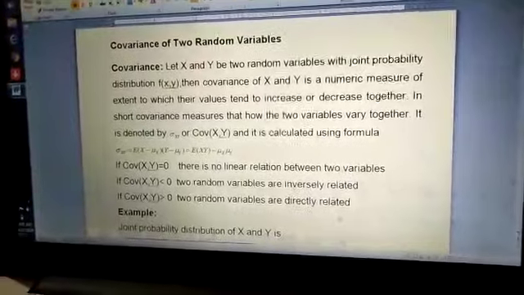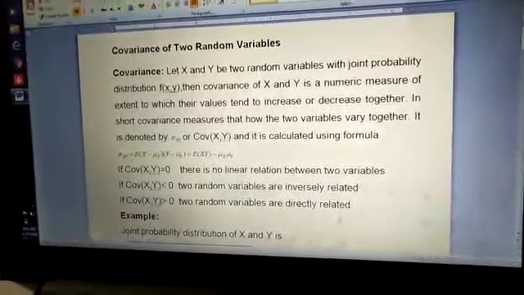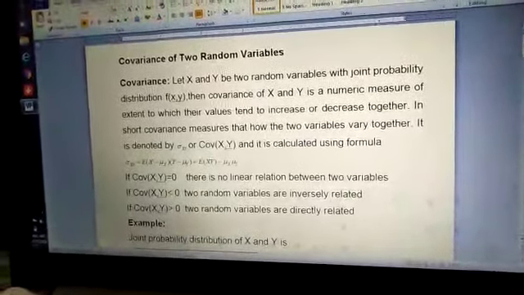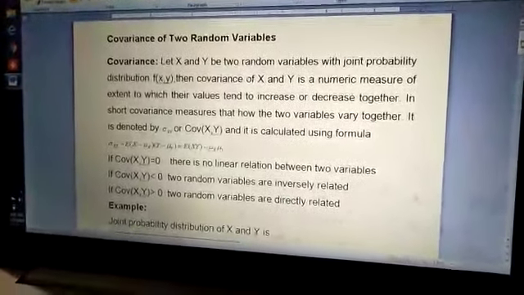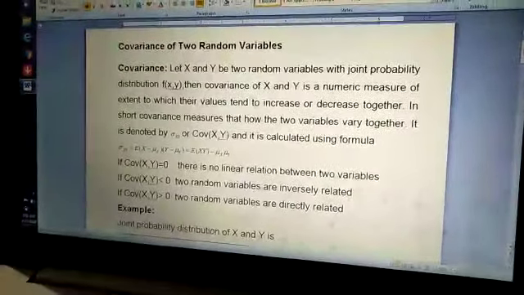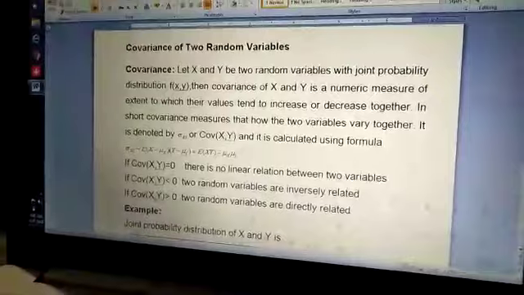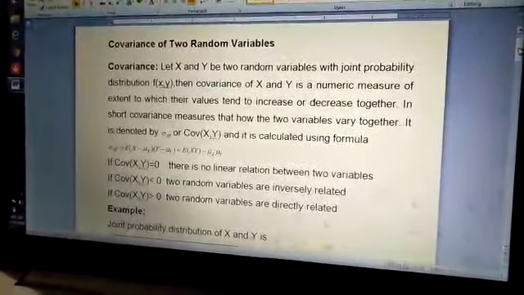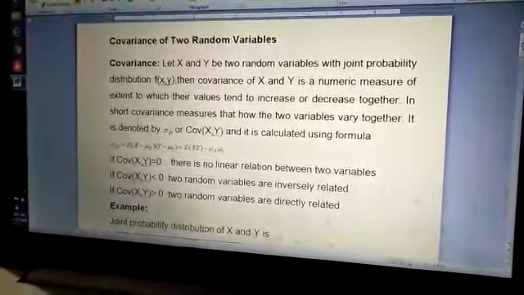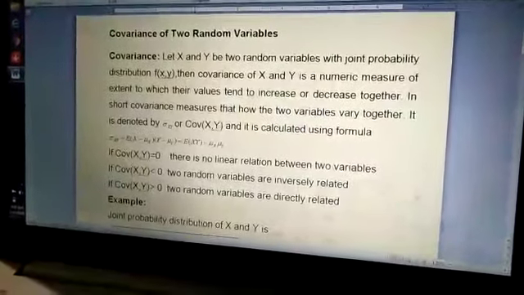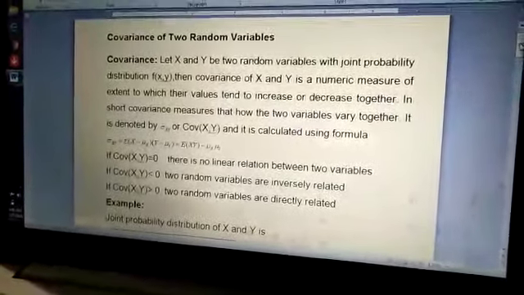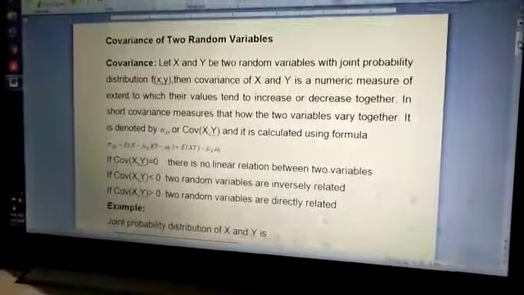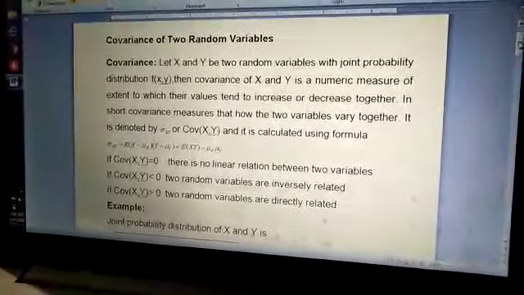It means that if we have two random variables and also their joint probability distribution, the covariance would measure how the change in one variable causes the change in the other variable. Whether a change in one variable is causing the change in the other or not, or if causing the change, which type of change. So information about all this can be obtained from the covariance.